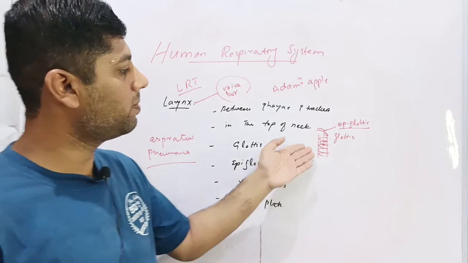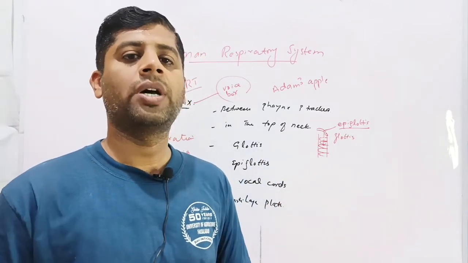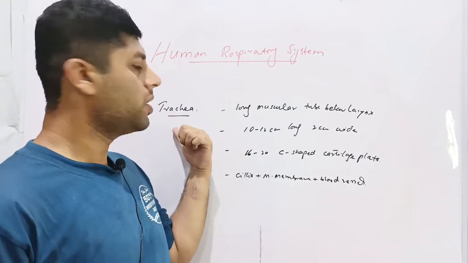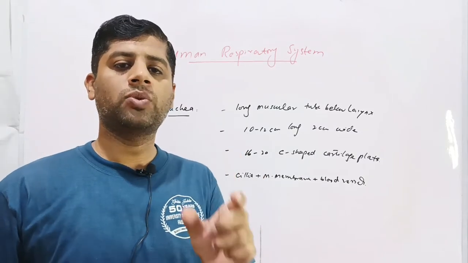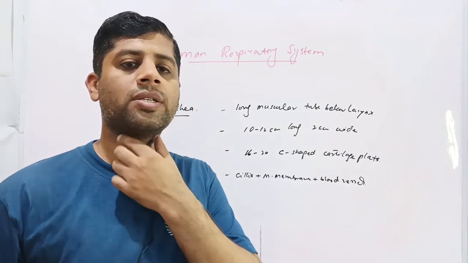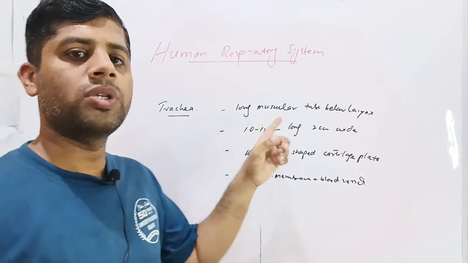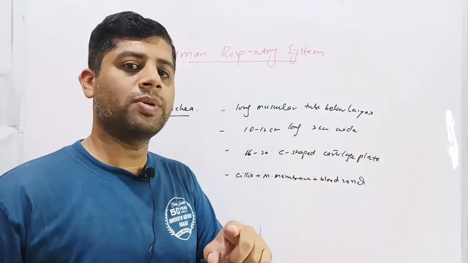Discuss that there are cartilage plates to prevent the collapse of the larynx so that the larynx may not close or collapse. The trachea is a long muscular tube. It is the elongated portion of the respiratory tract which starts from the larynx to the bronchi. So the tubular structure which lies between the larynx and bronchi of the respiratory tract